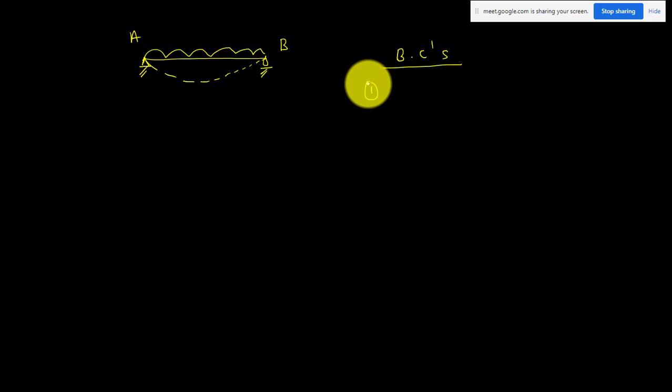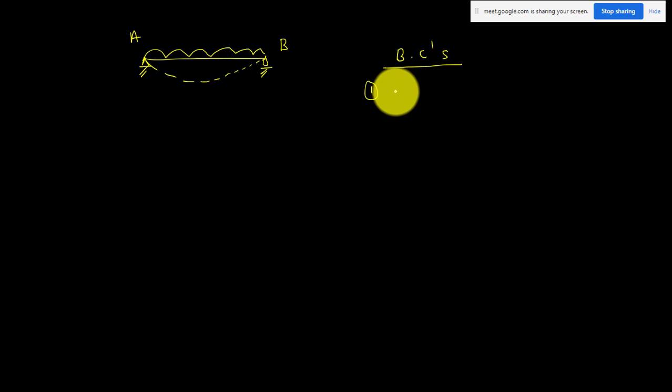Okay, suppose this is your question. So this will be the deflected shape, with points A, B. Here, what is the boundary condition? I will just explain the boundary conditions. So what are the boundary conditions for this beam? Boundary condition means that for some value of x, something should be known to you. Either it can be slope, deflection, or moment, whatever it is.